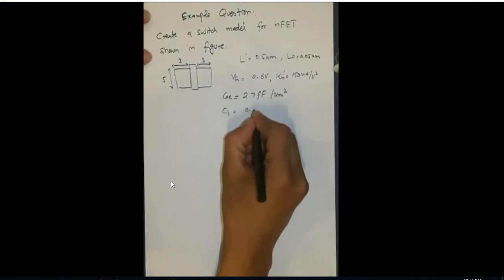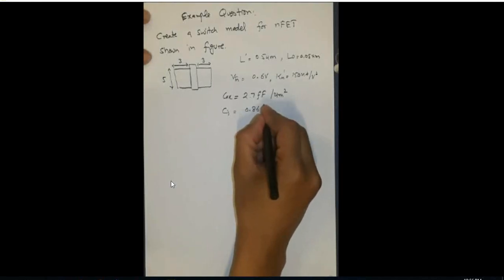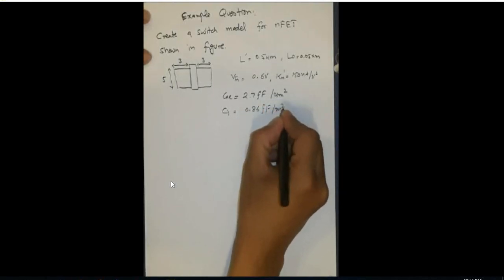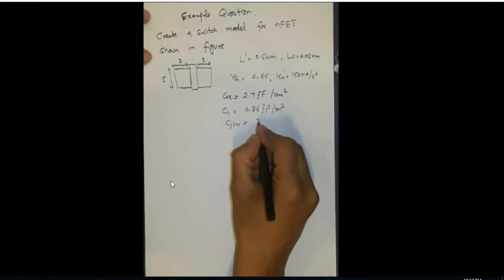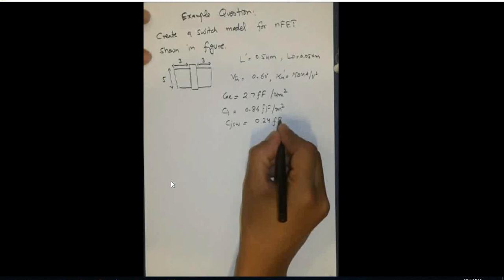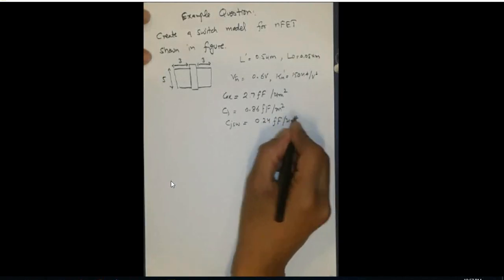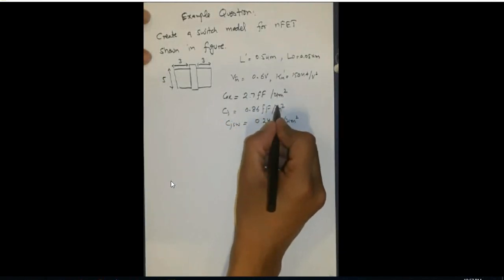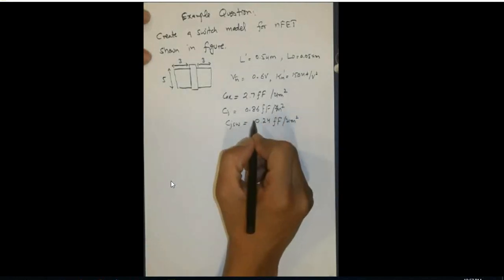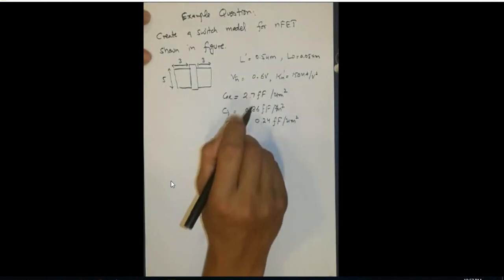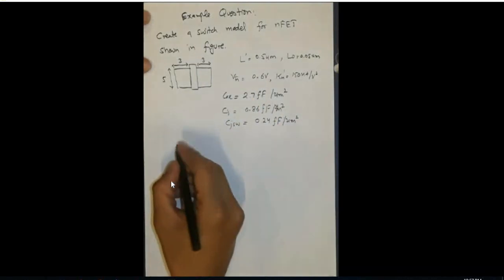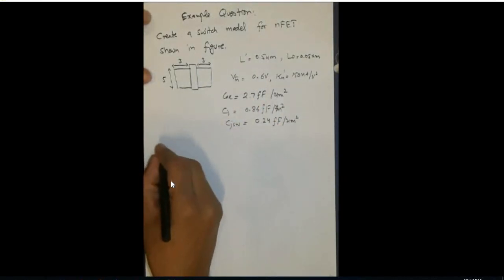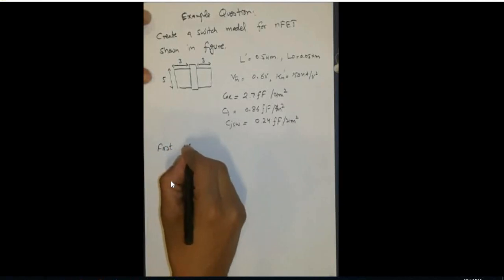that is Cj is equal to 0.86 femtofarad per meter square, and the final quantity is CJSW, which is given by 0.24 femtofarad per micrometer square. So these quantities are also micrometers. This is also micrometer square. So first I have to find the value of length, because I have been given with the drawn and effective lengths. So the first thing is first we need